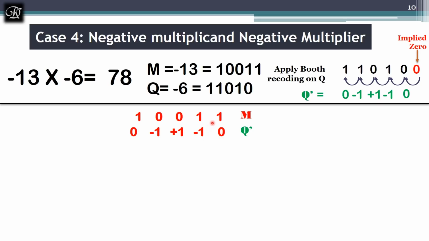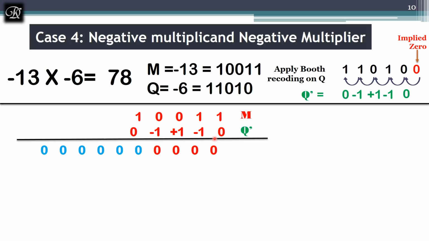Next, let's find the multiplication of m and q. So now it is multiplying negative 13 with the new q. As before, we have to have 10 bits. When m is multiplied with 0, the answer is 0. And now m is going to multiply with negative 1: negative 13 and negative 1, the answer will be positive 13. So I'll be getting a positive 13. The sign bit is 0 and it is extended with 0. And next I'm having positive 1.